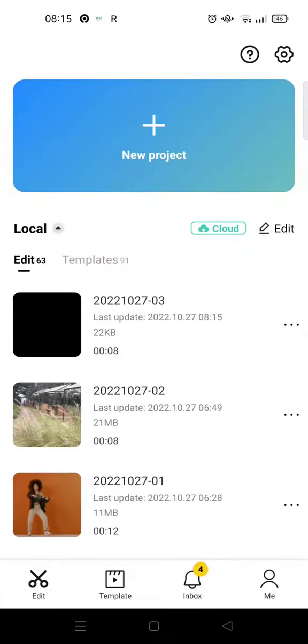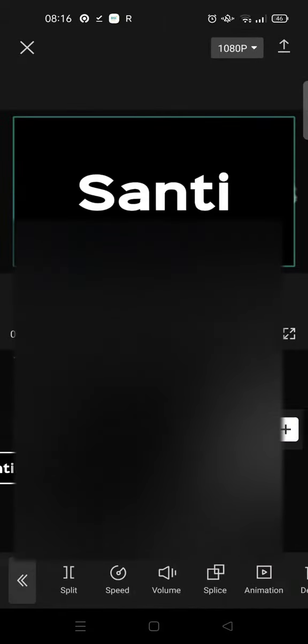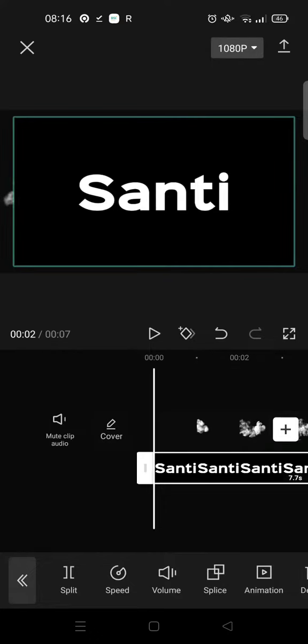Then click on done and then start a new project and choose the smoke video like this. You can find it on internet, and then after that import the previous text video as an overlay. So click on overlay and import the text video here and adjust it until it fits to the smoke video,